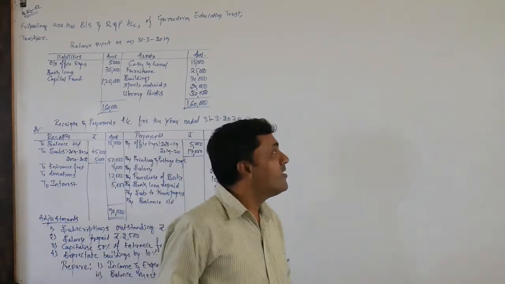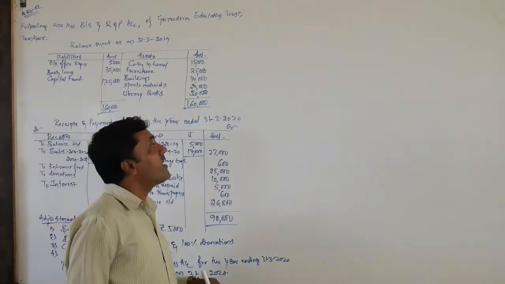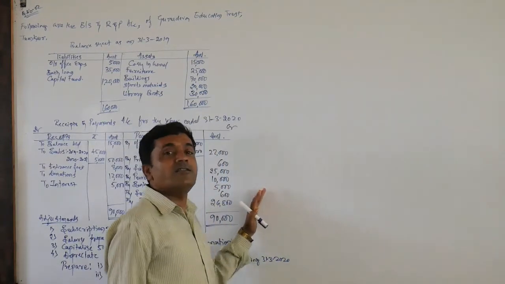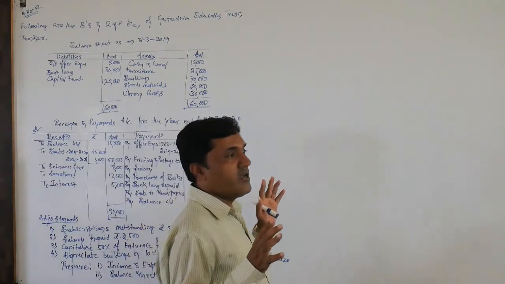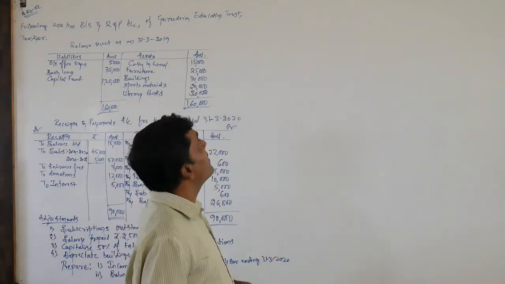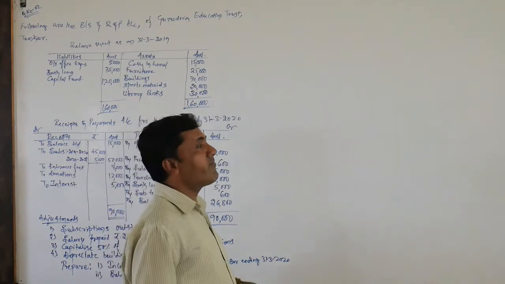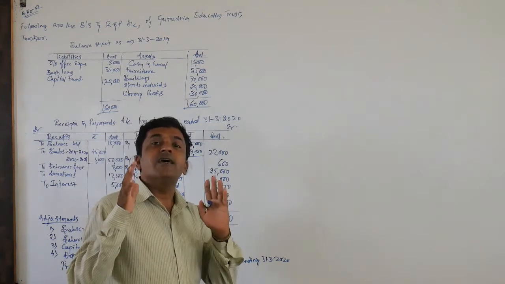Hello everyone. Today we are very interested to start the non-profit organization. We are here engaging the fourth class on this chapter. Yesterday we solved one big problem, that is a 12 marks problem. So one more example, the second one. Today we are very interested to solve it. So here you can take the image of the second problem.